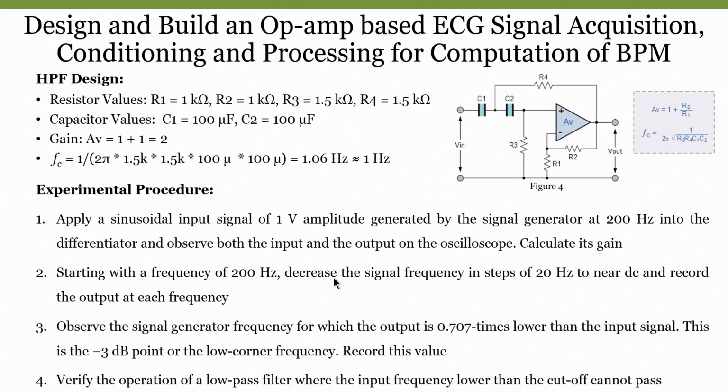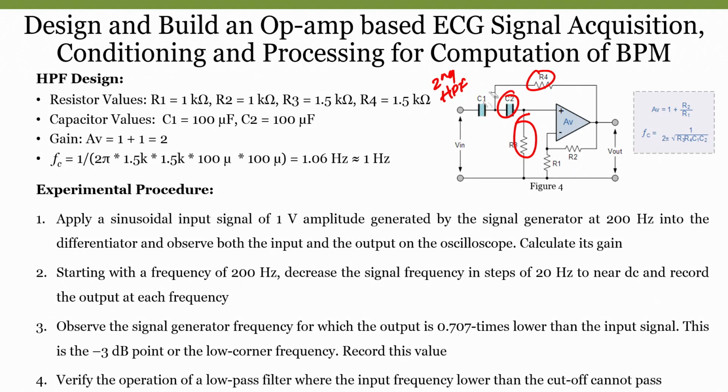Previously we have seen the first order low pass filter. Now, this is our second order high pass filter. Why is this called second order? We have two combinations of R and C pairs. If I have one combination of C and R, it is called a first order high pass filter. If I have two combinations, it is called a second order high pass filter.